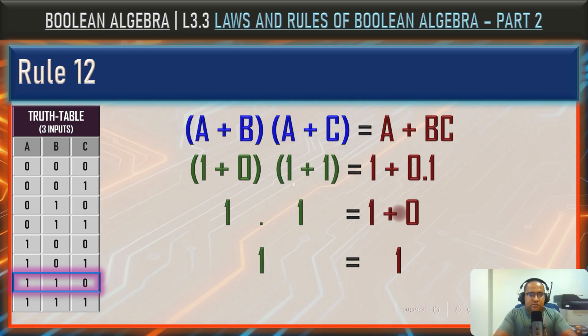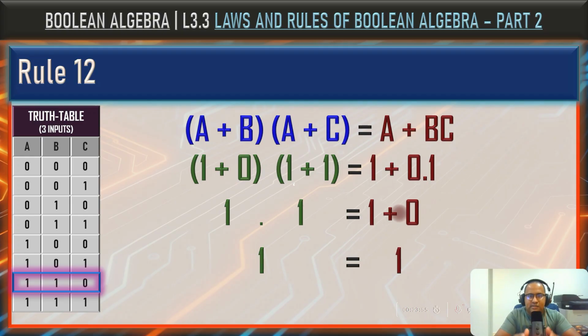Alright, this brings us to the end of lesson 3.3. We focused on the last 3 rules, and more importantly, on how to apply Boolean laws and rules step by step to simplify expressions and prove equivalences. Notice that the goal here was not to memorize rules mechanically, but to develop the reasoning process behind Boolean simplification, understanding where a law or a rule can be applied, why it works in that specific part of the expression, and how each transformation preserves logical equivalence.